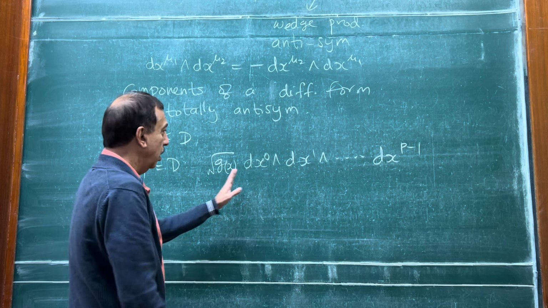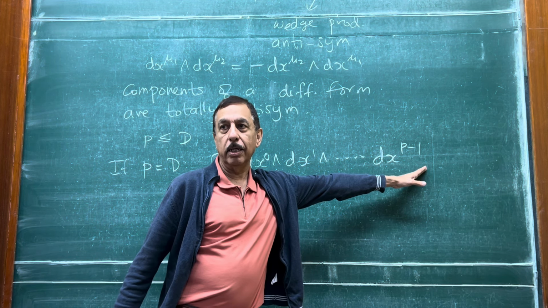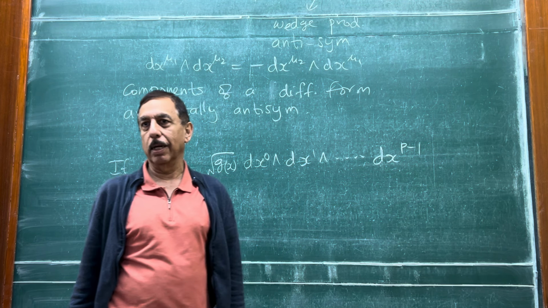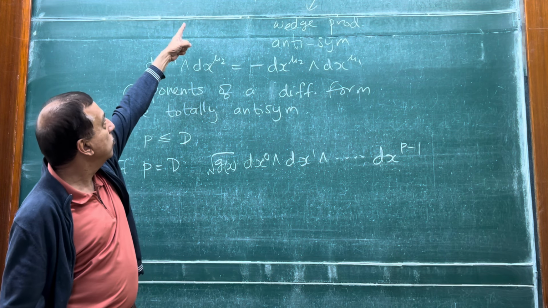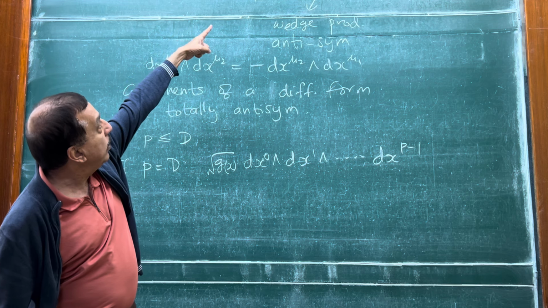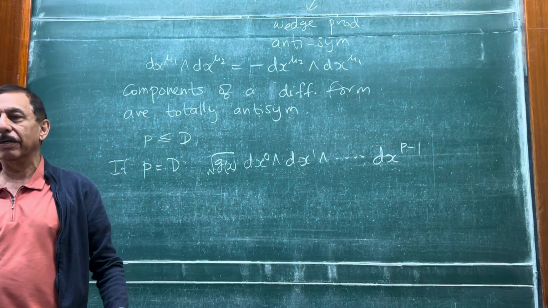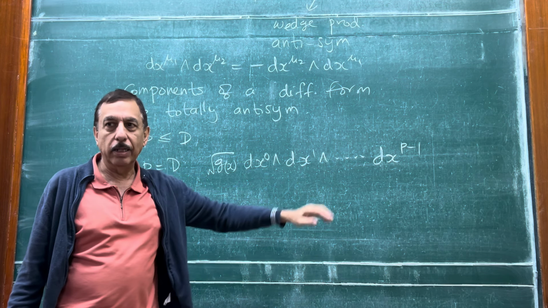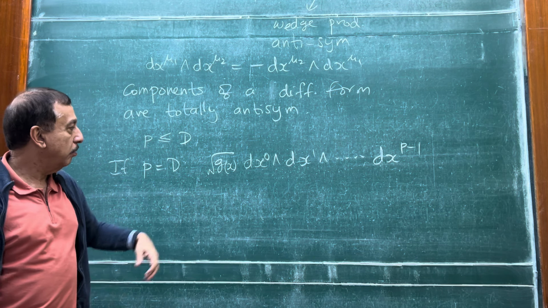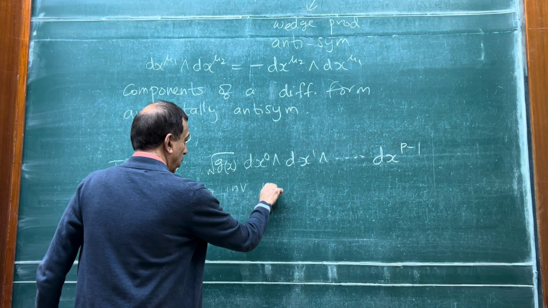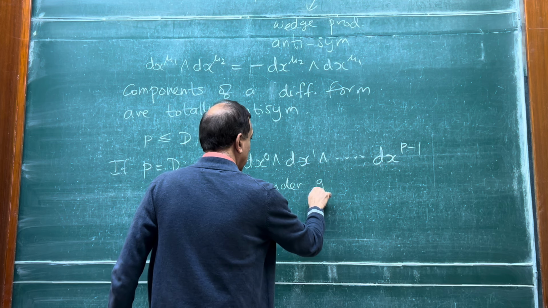So first thing is, given this total antisymmetry, it's really like a scalar in that it has only one component. It's not a multi-component object, because a P form has D choose P components. So if P is D, then you have D choose D, which is just 1. So there's only one thing. And if I multiply by this, then it's actually invariant under general coordinate transformations